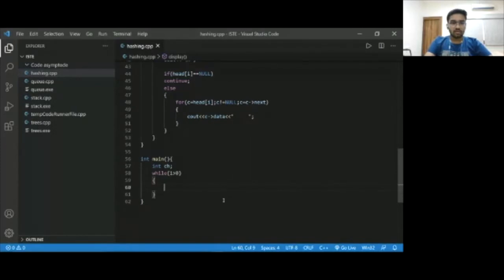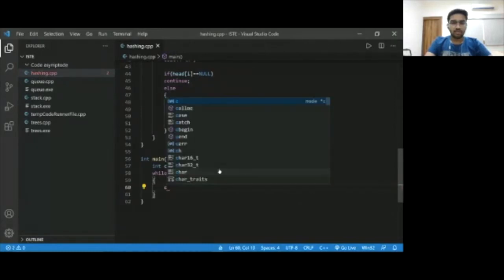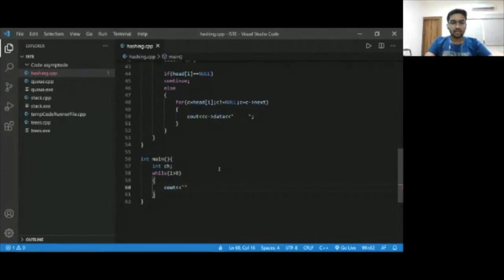Every time we'll say, cout, enter your choice, backslash n. The first choice is to insert an element, backslash n.